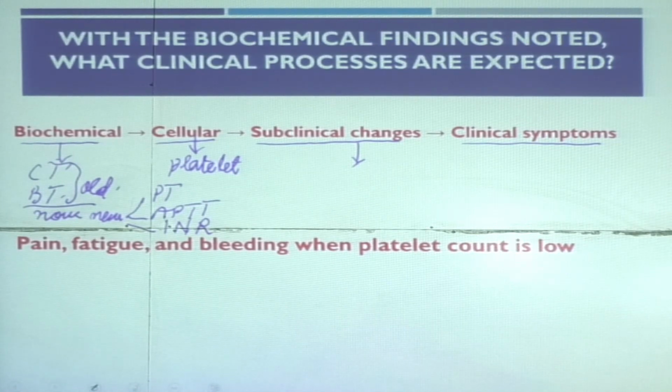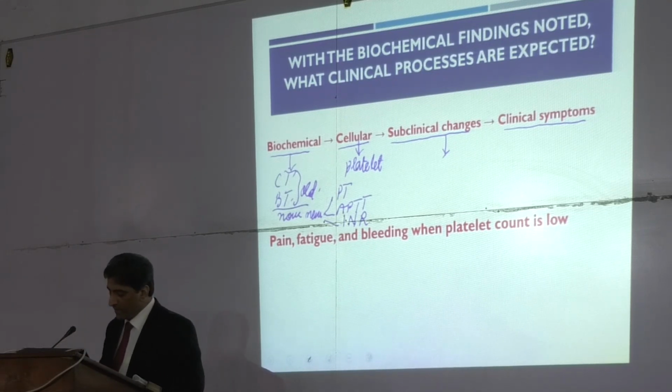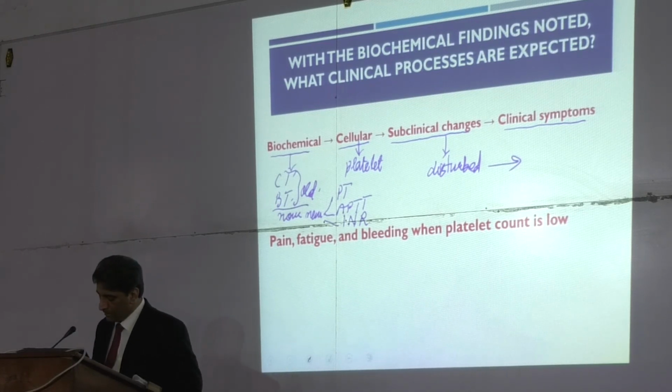It is according to the function of this. And what is that function? Blood clotting. It may be disturbed. If it is disturbed, what will be the clinical symptoms? The reddish spots. Reddish spots